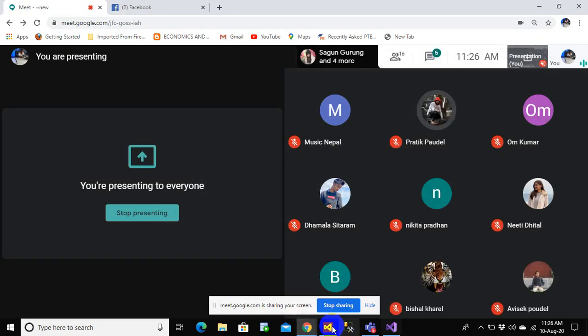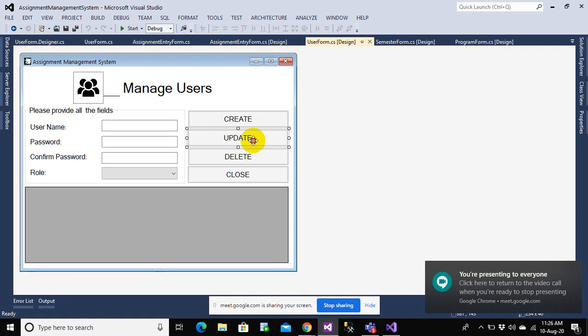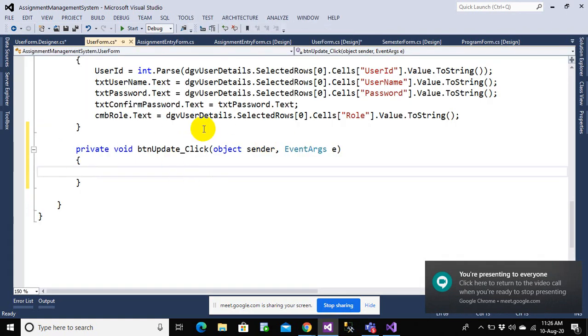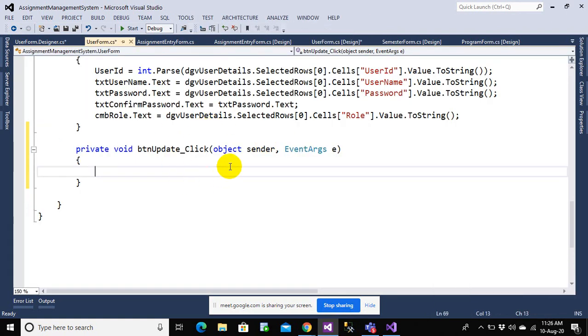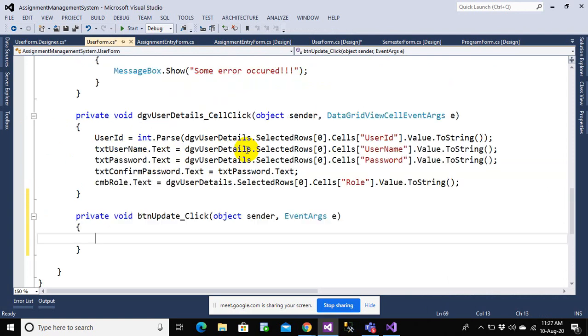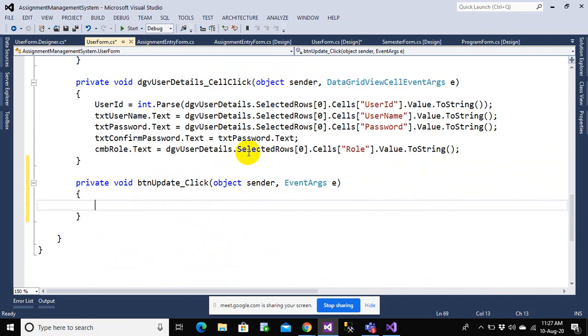So in order to make an update operation, again as usual, I just click on the update button. This will redirect you to the btnUpdate_Click event. That means this is what will happen if you click on the update button. So what I will do in this case is write the logic behind what should happen if I click on this update button. So let's say, in order to make an update operation, we have a query: update table name set column equals new value, and then a where condition with some specific condition. So let us try to analyze this now.